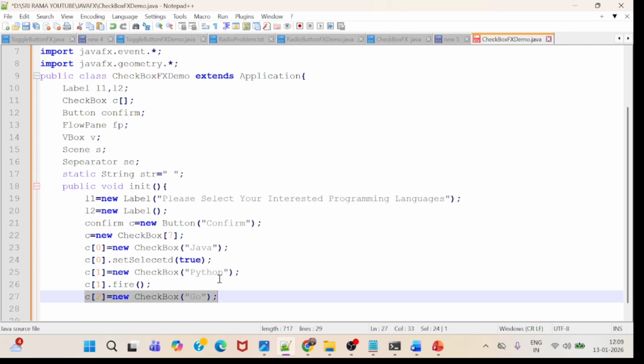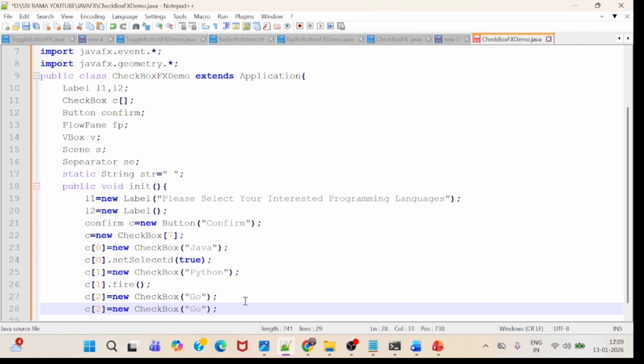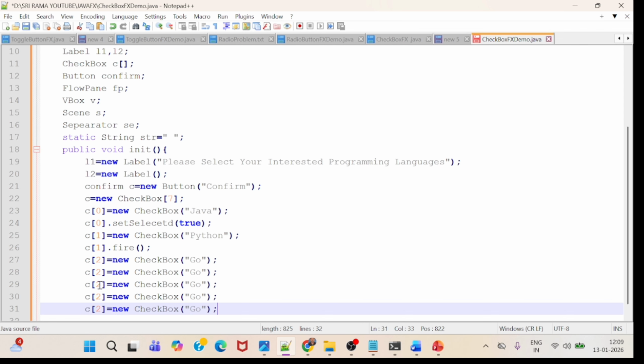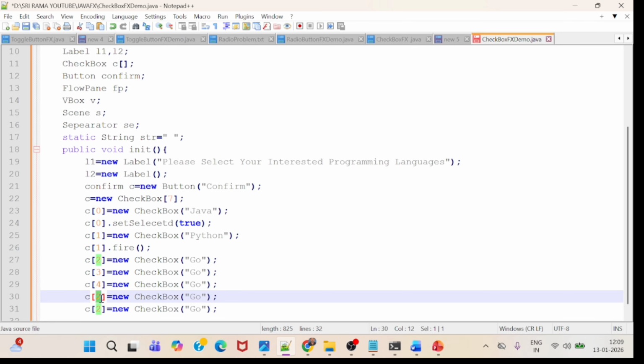Then create the remaining checkboxes by copy and paste technique: 2, 3, 4, 5, 6. Let us change the names: Java, Python, Go,